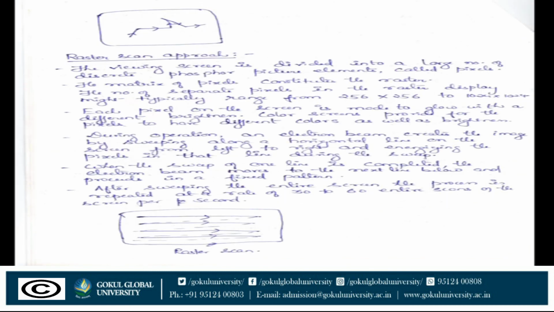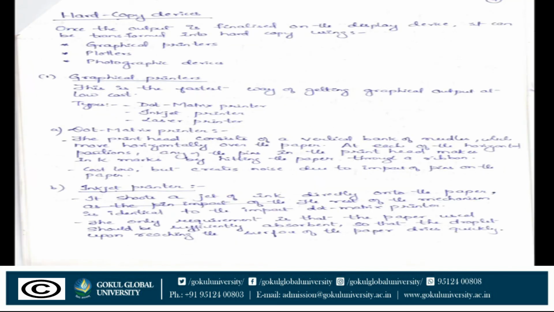So raster scan, what do we mean by raster scan? The viewing area of the screen is divided into a number of columns and a number of rows. Those are pixels, and the whole screen is divided into a number of pixels. The whole screen is called a raster scan. The raster scan is divided into a number of pixels, which may be horizontal or vertical, according to the direction in which the pixels are moved, vertically or horizontally.